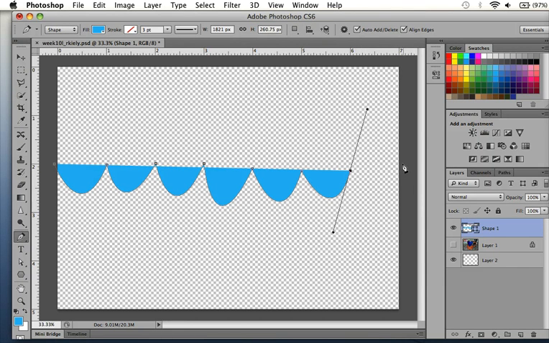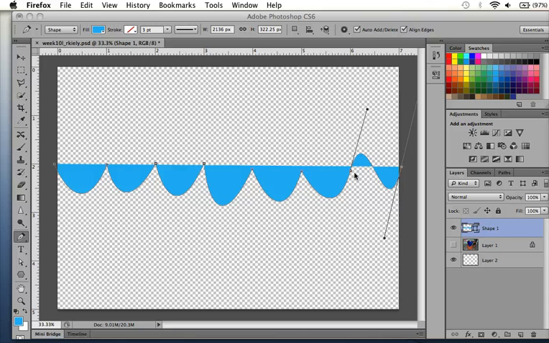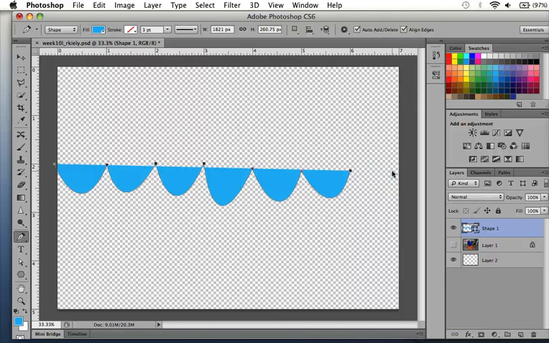Okay, and with the 7th one, I'm going to go outside into the gray. Oops, again, I forgot to change that into a corner point. So now I'm getting this curve here. I'm going to quickly fix it by deleting that point. Let's see. And then activating it, holding Alt or